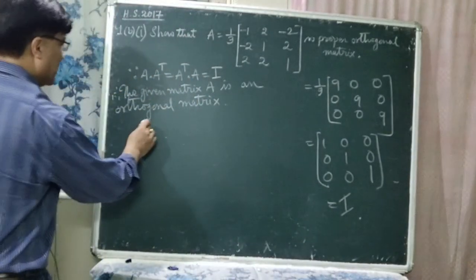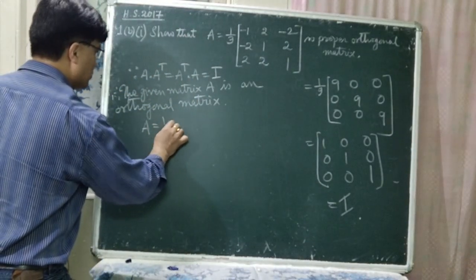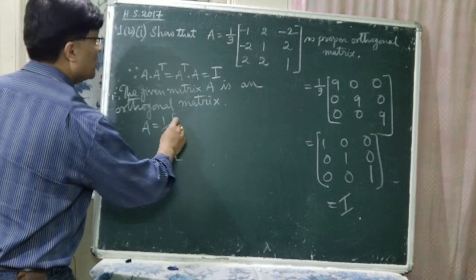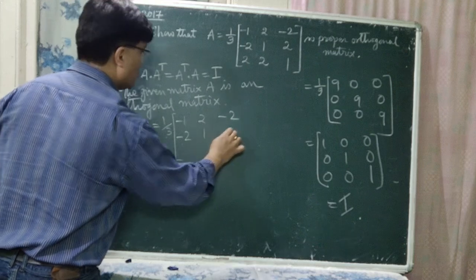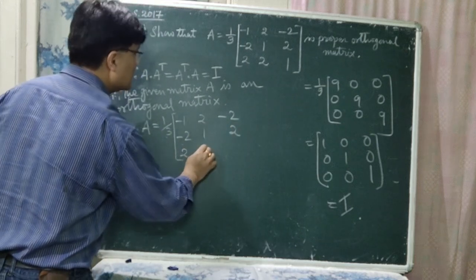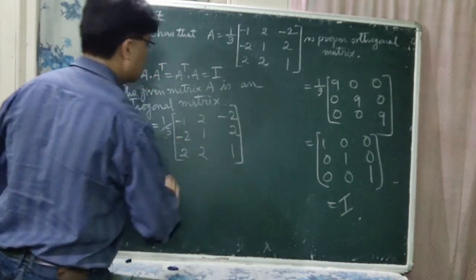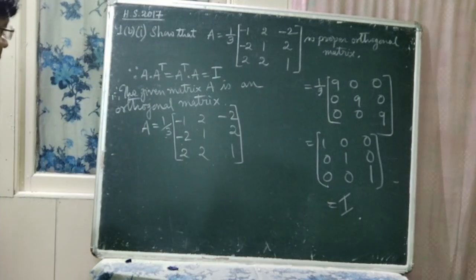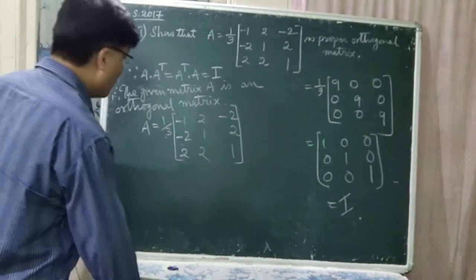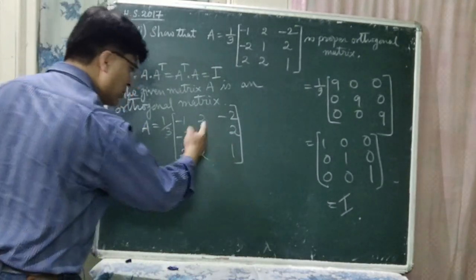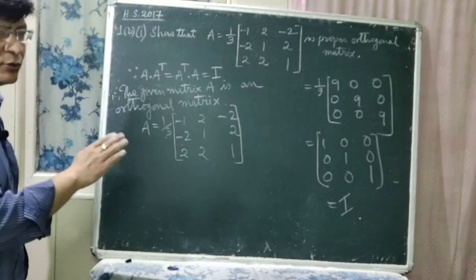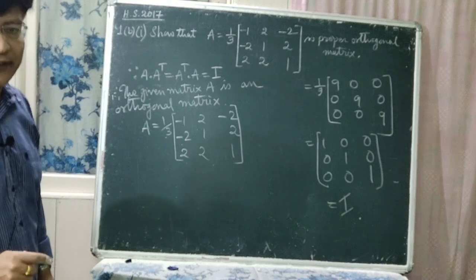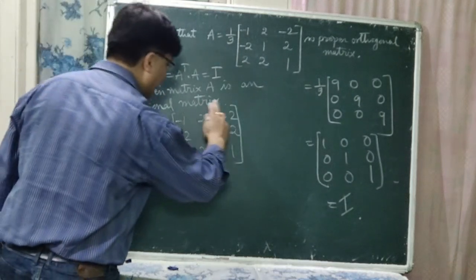so now what is the matrix A? Again write down the matrix A. A is equal to 1/3 minus 1 2 minus 2 minus 2 1 2, and this is 2 2 1, right? Now what will you do? Multiply all the elements by 1/3 first. Before you convert this matrix A into det A or determinant of A, let us first multiply all the elements